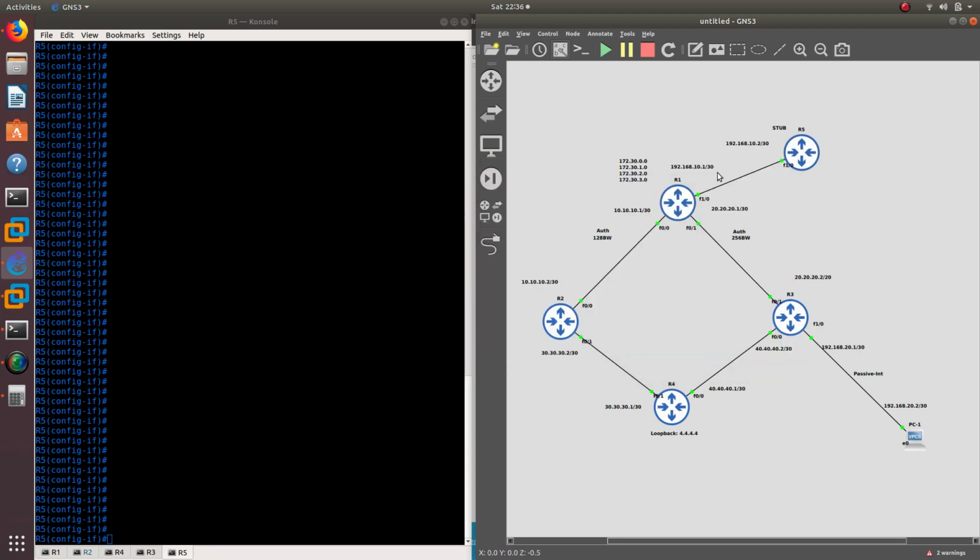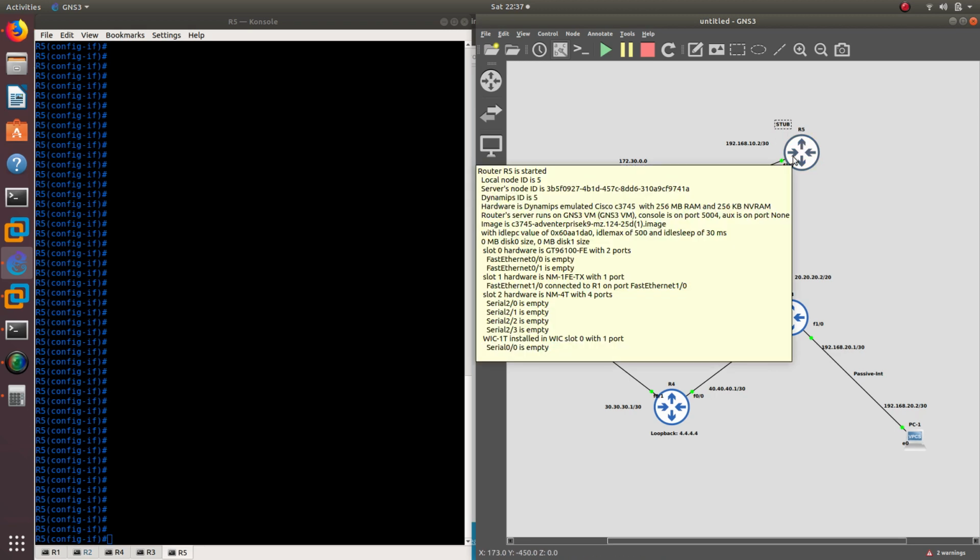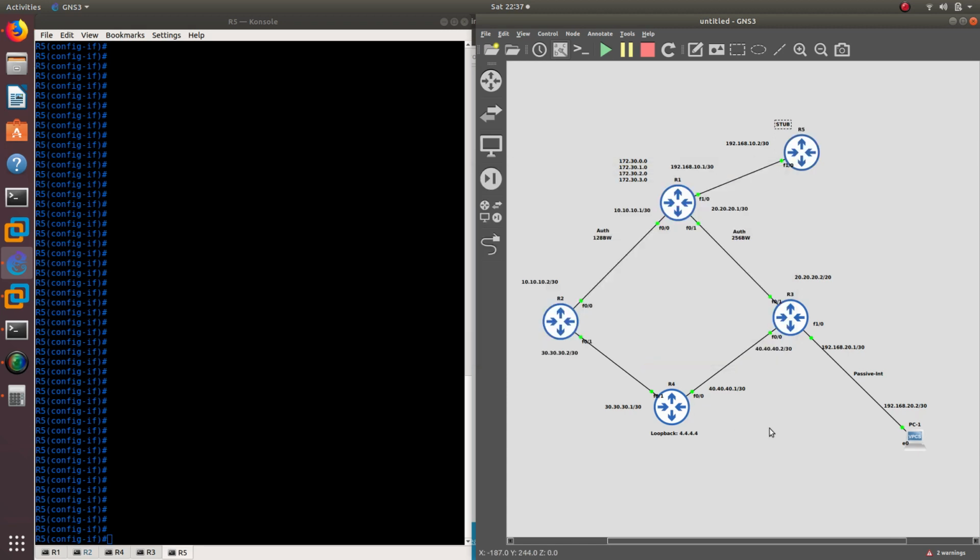Router 5 is not going to ask for this interface anymore. Whenever it goes down, it's not going to ask for it because it cannot reach it anymore. It's not going to ask for it because it's going to be a stub route. And a stub route stops receiving queries, and queries are updates of the network. So whenever something goes down in the network,